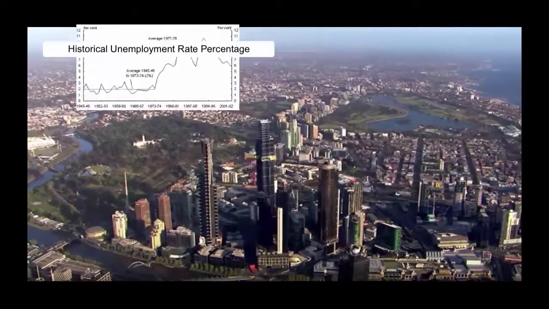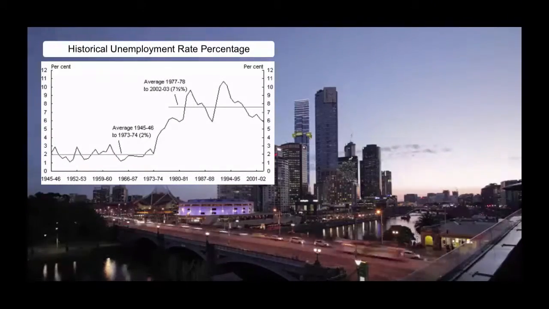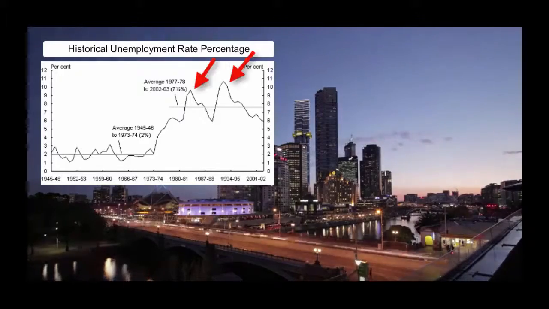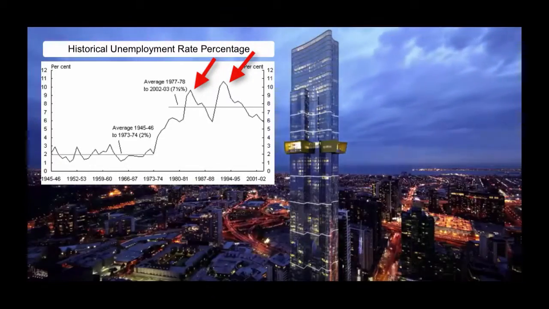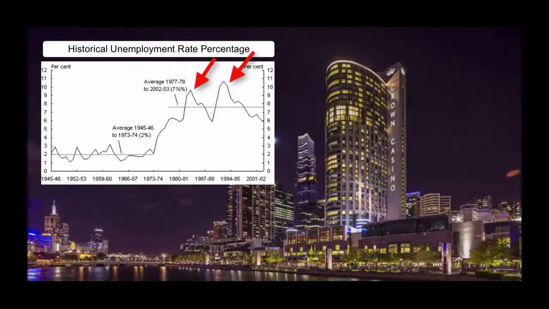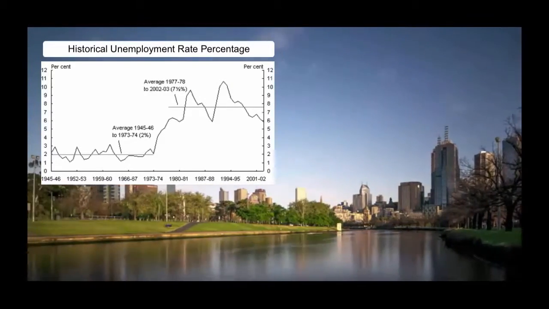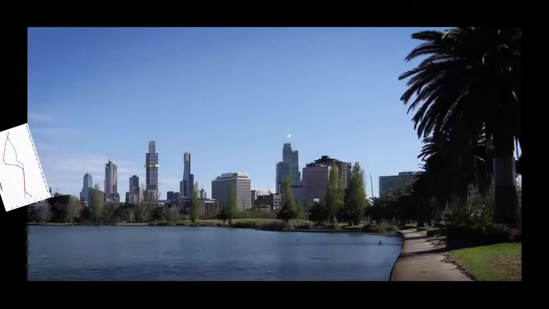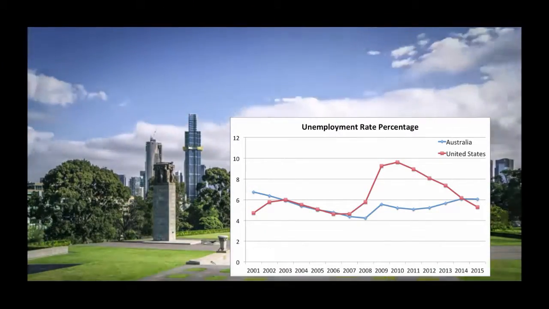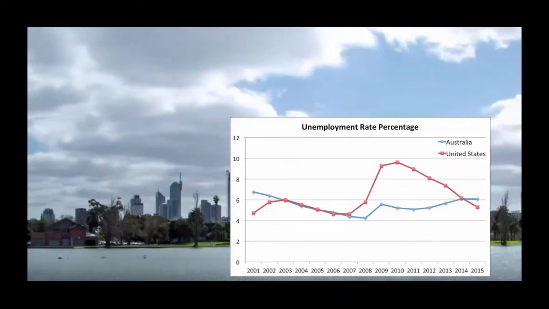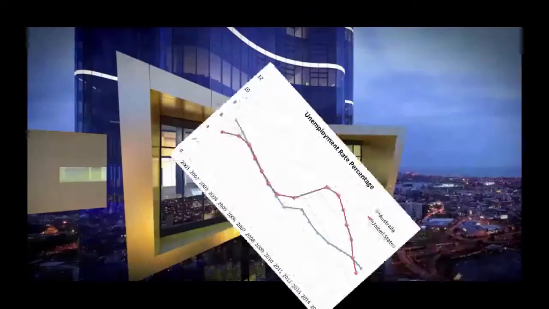Australia's unemployment rate has held steady at the 5 to 6% range over the last 15 years. They have experienced 2 periods of high unemployment numbers over the last 50 years. Poor government economic policy was found to be the blame for both of these instances of high unemployment as the government failed to act quickly enough to the global economic events. Since the year 2000, steady economic growth has helped stabilize the unemployment rates throughout the country. Australia was not affected near to the extent the United States was by the financial crisis in the late 2000s.